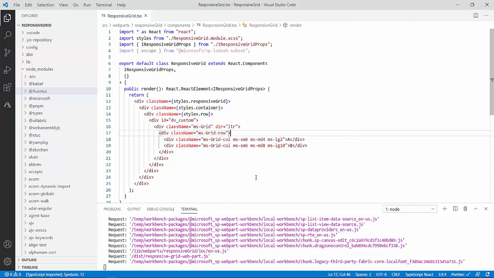Let's just understand that my display, my screen is divided into 12 parts, and now I will use this combination of these 12 parts to create a screen in my responsive grid. So this is my class ms-Grid-col. After this, these classes are small mobile, you can say, medium desktop and large desktop. So this class will take care of my large desktop, this will take care of my medium display, and this will take care of the mobile display. So this is the combination of these classes.